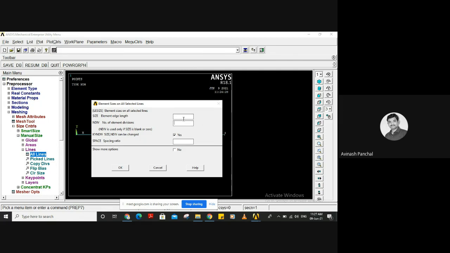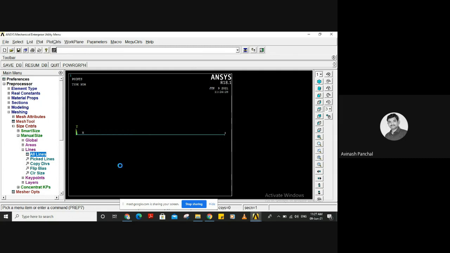So I'm giving 20 elements instead of giving the element edge length. Okay, it is simple one. So click on OK. You can see the 20 parts have been made over here, but meshing is not done still. We have just selected the count.